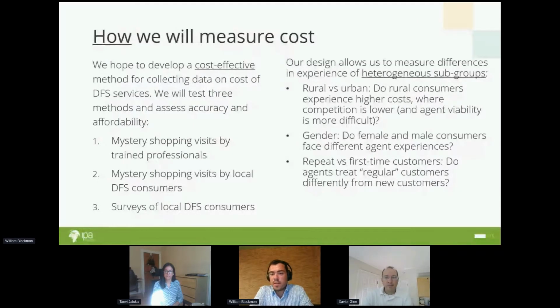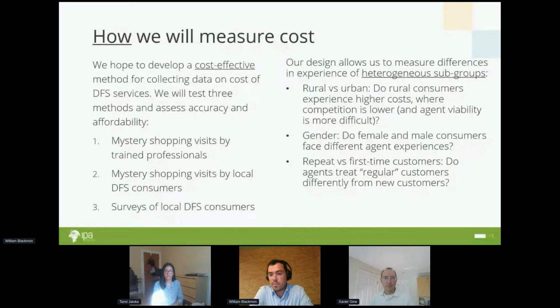But enumerators will be trained to carefully record outcomes of those visits, such as whether the transaction was successfully completed and what the fees were, paid immediately after completing the visit. Importantly, we won't be disclosing to the agents that we are researchers carrying out research, hence the mysteriousness of mystery shopping. The second approach will be similar in that it is still mystery shopping visits, the same types of scenarios,